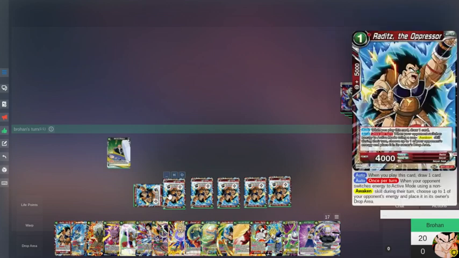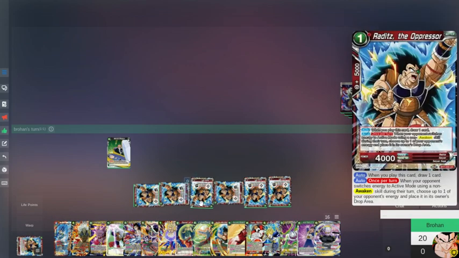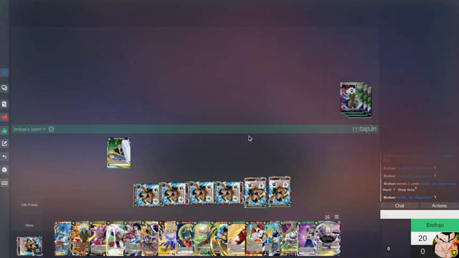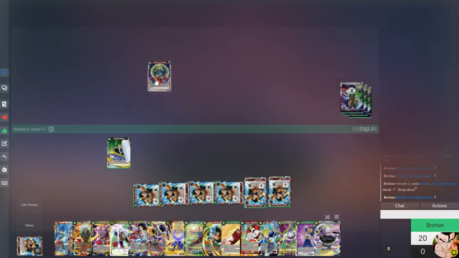So if I paid 4 to play World Peace, excuse me, and let's just say this Raditz was in my drop, and I wanted to World Peace it. So I play World Peace, I ask for a response. Now, since World Peace is an effect that is playing cards, it gets two counter windows. The first counter window is before the card actually hits the field, and the second counter window is after it hits the field. So if I ask for a response here and they respond with something like Denial of Hope,